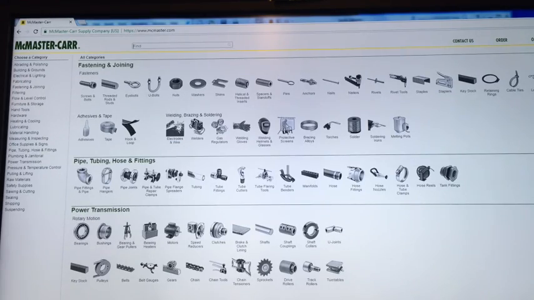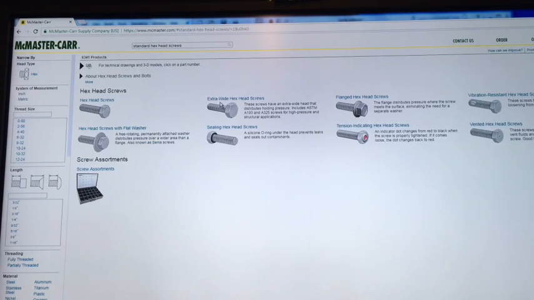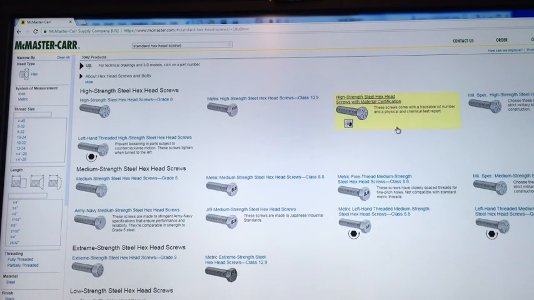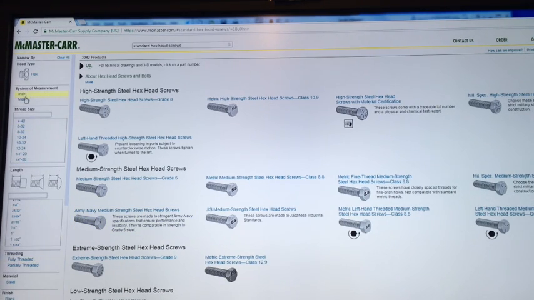It's a US supplier, so you'd have to look through that. However, the main thing which makes this website awesome is that it has 3D files for everything. So I can click here to hex head screws, and click on hex head screws here, and pick the type that I like, steel hex head screws, and I can see a lot of different finishes. I can go system of measurement, metric,